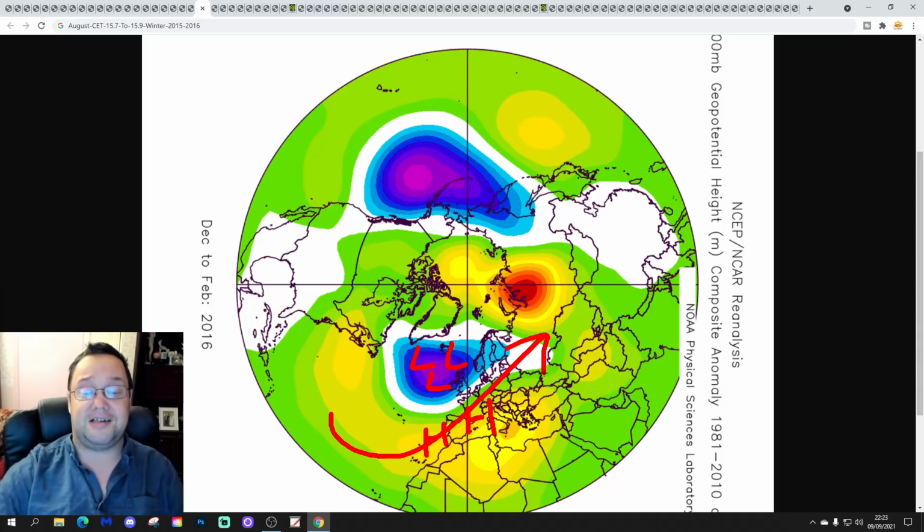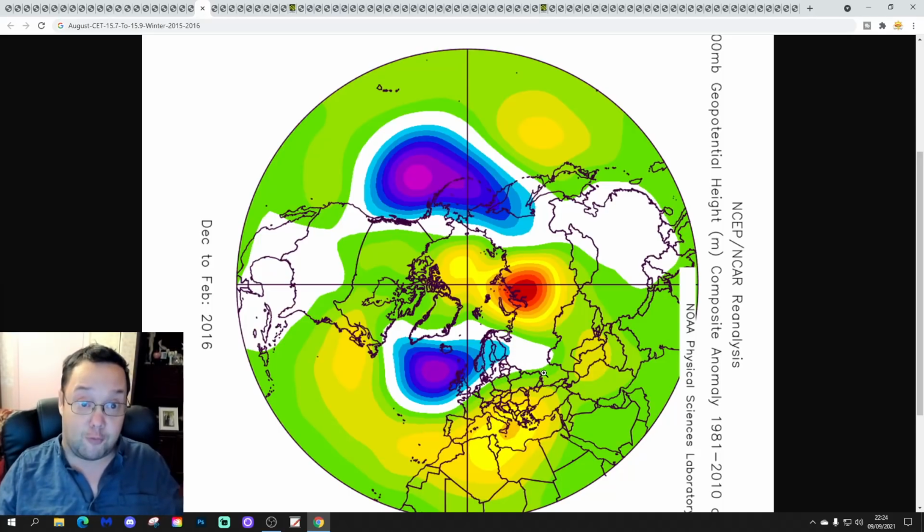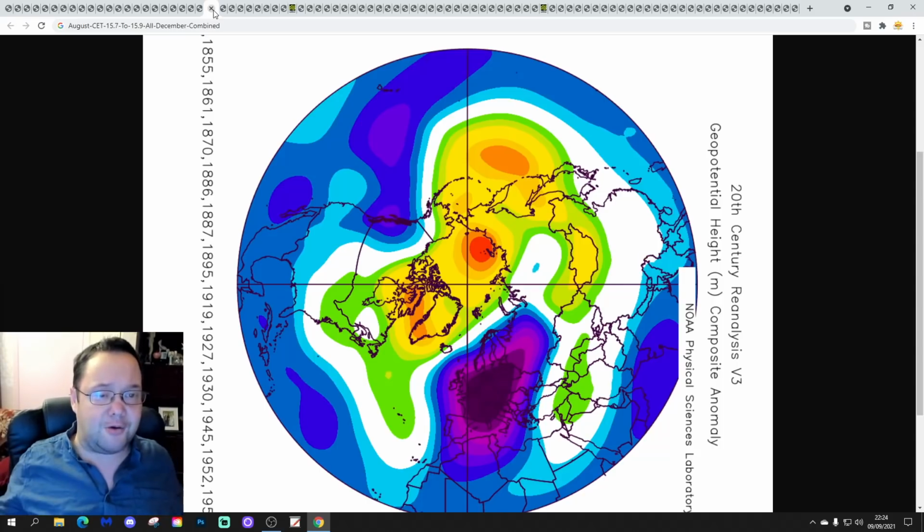Especially so in December of 2015, which of course is an extraordinarily warm month. I say warm rather than mild because it is genuinely an extraordinarily warm December. We have had Mays that have been colder than December 2015. It's an absolutely extraordinary month. Right, so let's put all this together.